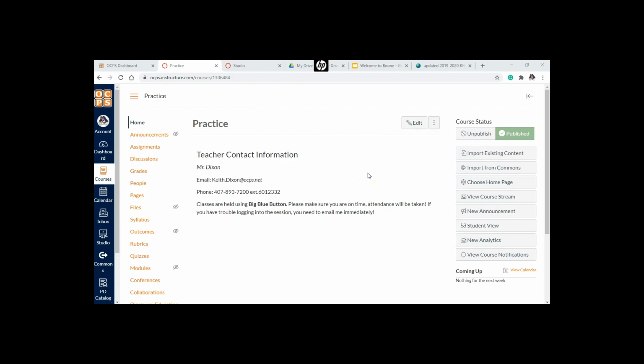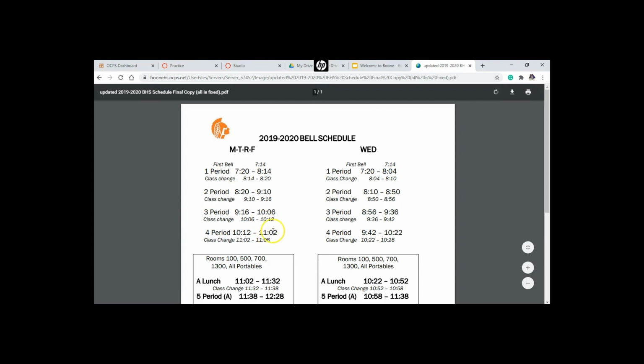Now, for the first 9 days of the school year, we will be virtual. So each teacher, again, will have a Big Blue Button or Microsoft Teams link for you to use. But let me be clear, this is virtual, but you also need to follow the bell schedule. So each class for the first 9 days, and then again starting on the 21st,